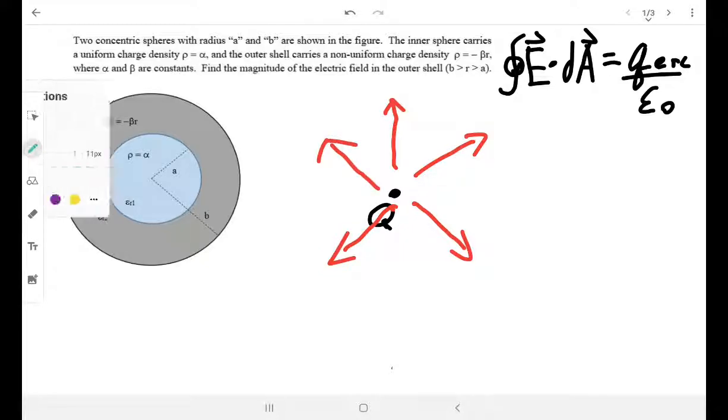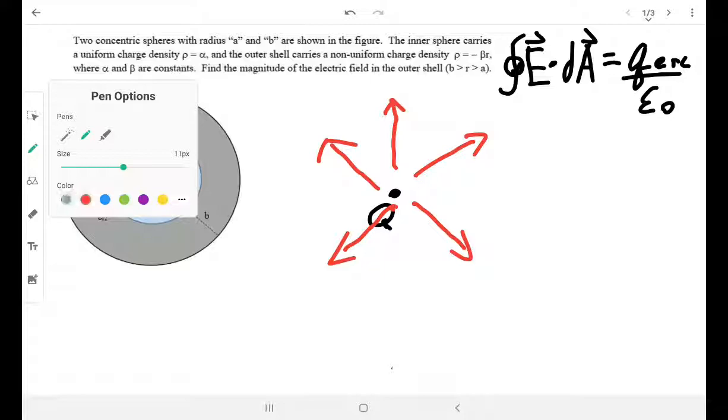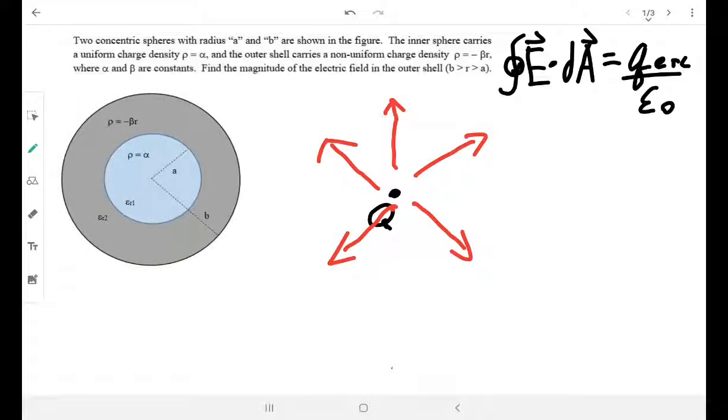And if we were to surround that charge, and let's say you wanted to know what the E field was at some point r away, then you could make some kind of Gaussian surface that encompasses that point and surrounds your charge, right? And since you're taking the integral of this, that just means you're breaking up this surface into a bunch of tiny pieces,